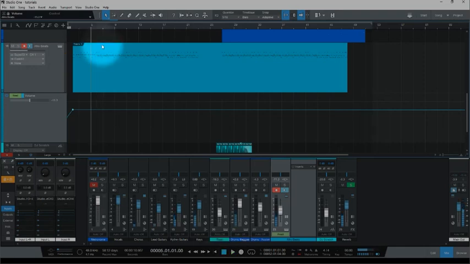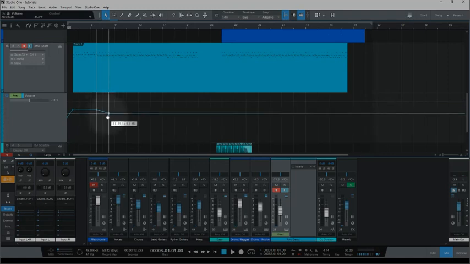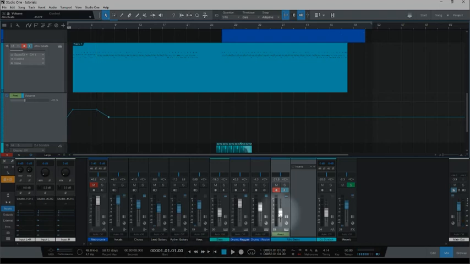So this is actually around where the other instruments come in. And then I want to go back down slowly. Excellent. So if I go back and replay all this and look at the fader,